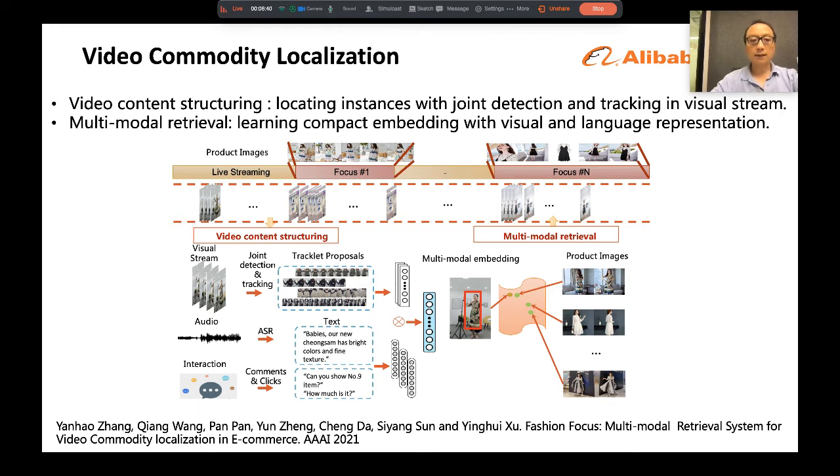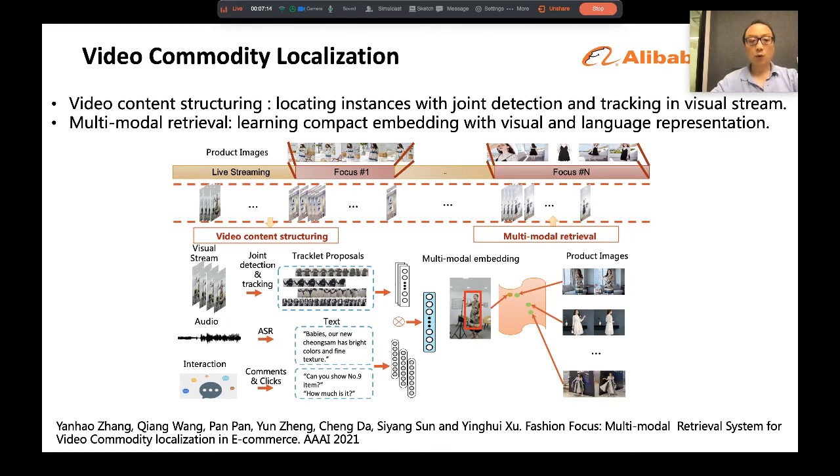To explain the work, first of all, I would like to mention that during the live streaming, the sellers often display, exhibit, and introduce hundreds of products. If the customers intend to buy the items that the seller is explaining, they have to select them manually from the list associated with the live stream, which greatly affects the transaction efficiency.